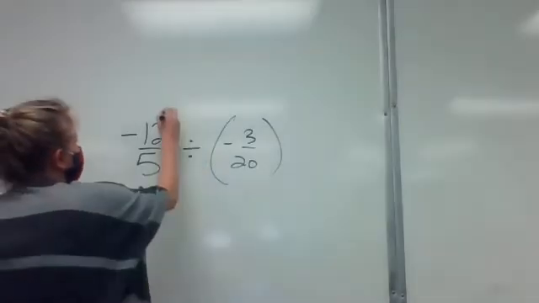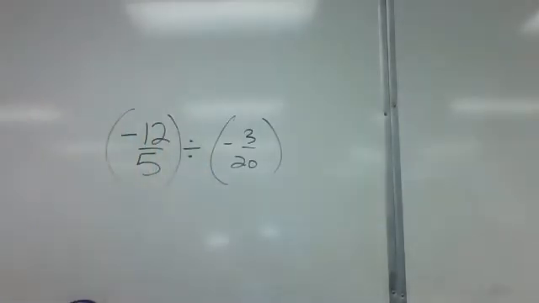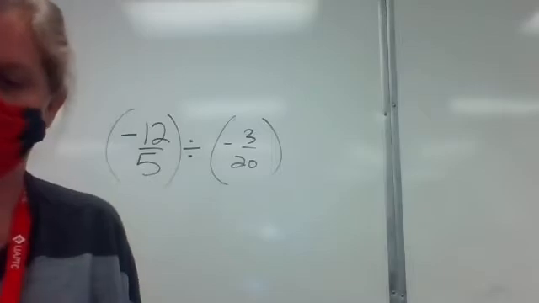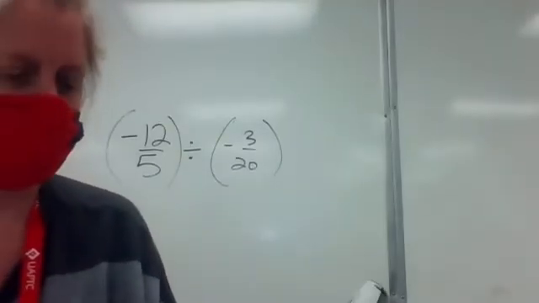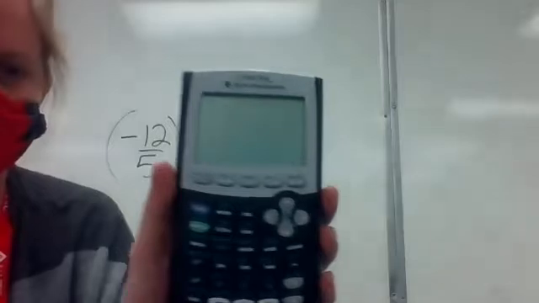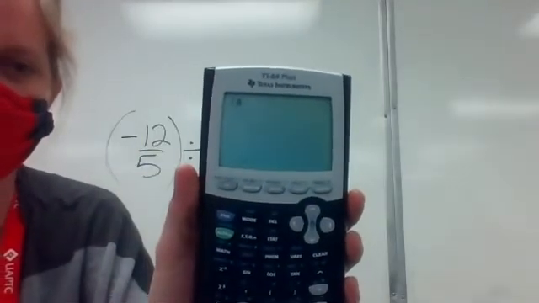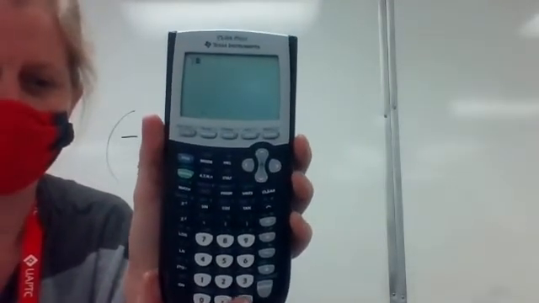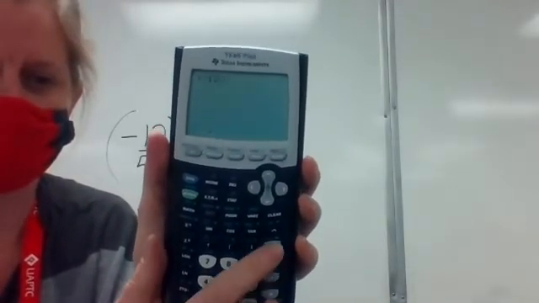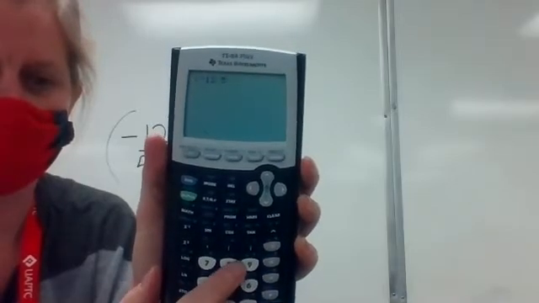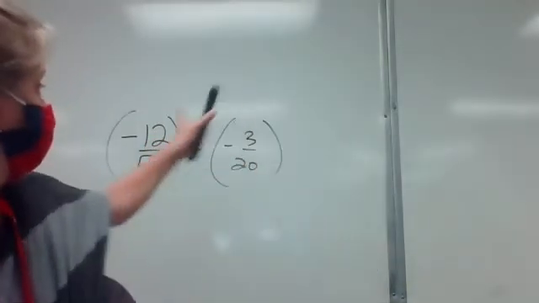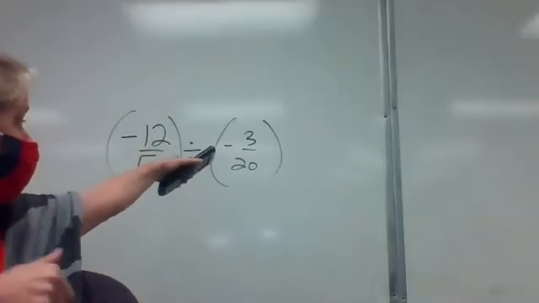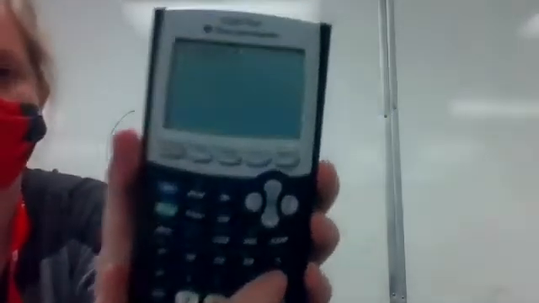So again, if I'm dividing two fractions, I'm going to put them both in parentheses in my calculator. So I've got, open parentheses, negative 12 over 5. So negative 12 over 5, close. Then the divided by, the actual division that I'm going to be doing. So divided by,